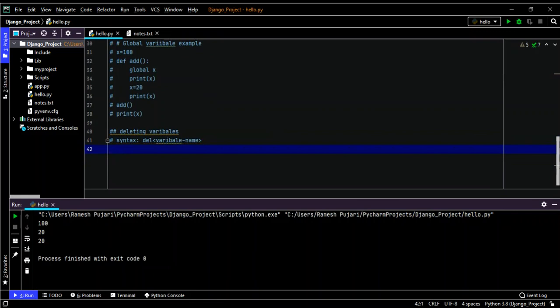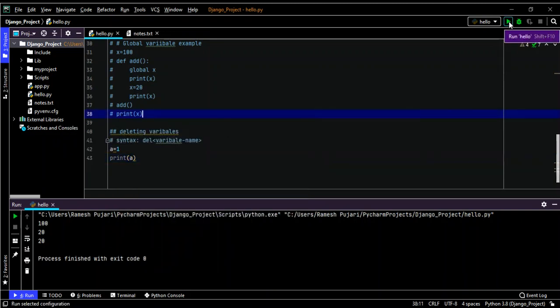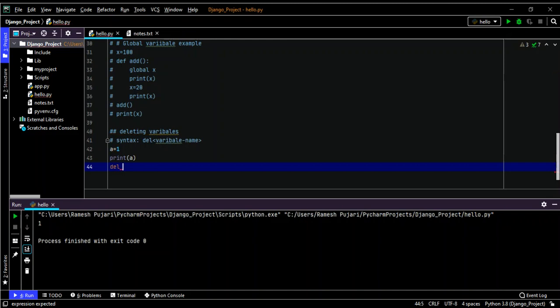Let's say I'll give one example here. a is equal to 1, and I'm printing the variable a. Now I will get output as 1. Now I'm deleting this variable. The keyword is del, del of a.